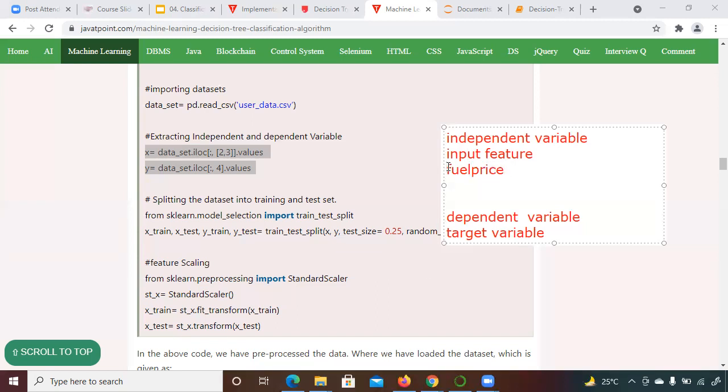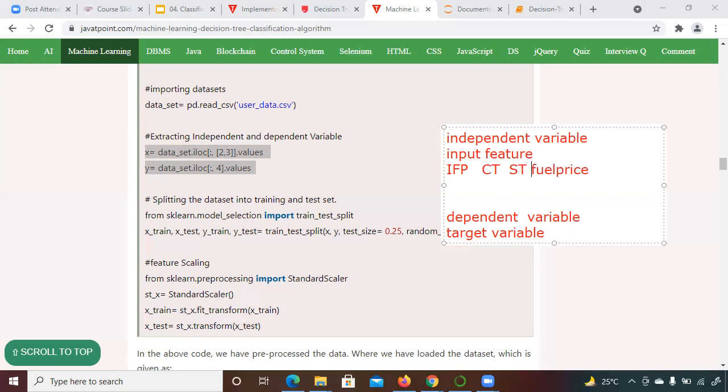The input features will be, first of all, the international price of fuel. I'm writing IFP, international price of fuel. Then country tax, if you are importing or exporting, right? Then state tax.